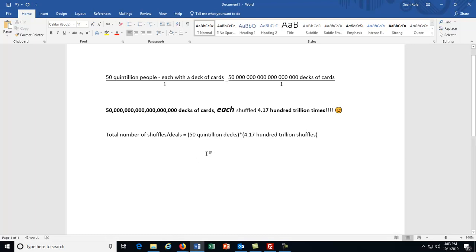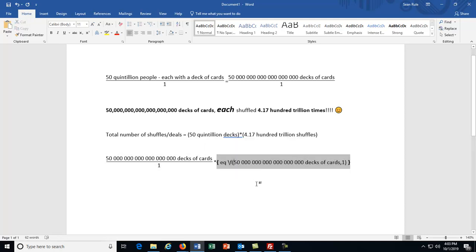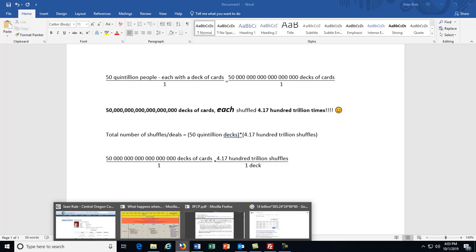per deck. So if you want to think of it from a dimensional analysis point of view, here I'll bring this down here and prove to you that this all works. It's 50 quintillion decks of cards times, I'm going to do some typing here for you, 4.17 trillion shuffles per one deck. Now what you're going to notice is, math-wise, you're going to multiply 50 quintillion by this 4.17 trillion. That's totally great. But unit-wise, the decks here and the decks there cancel, and you're left with just the unit of shuffles. So what we can do is keep that in mind and walk over here and then